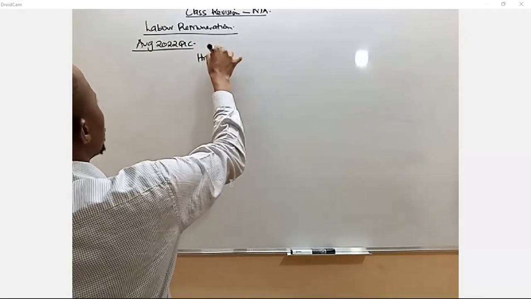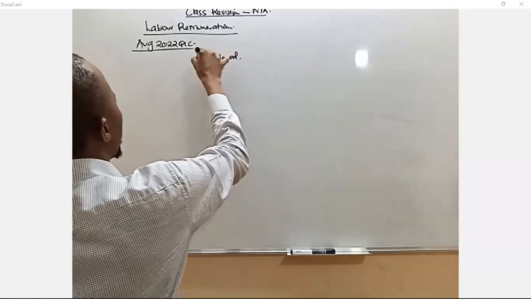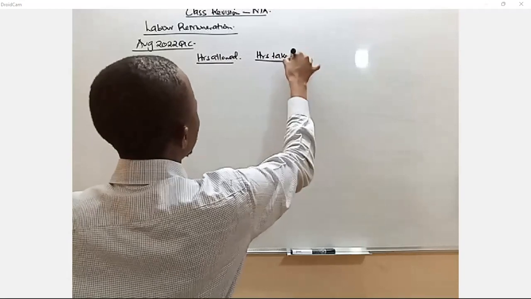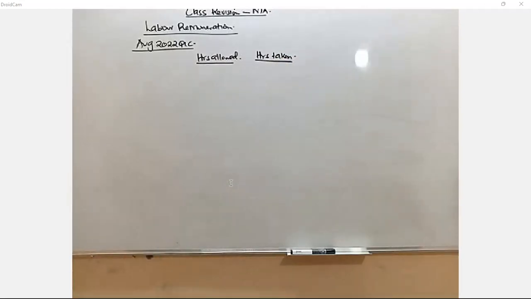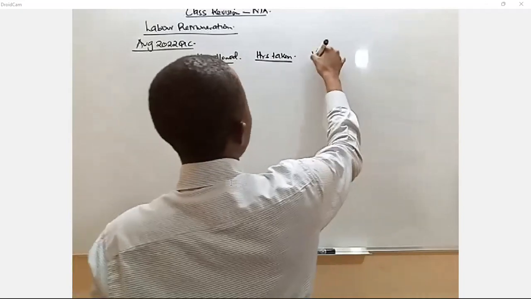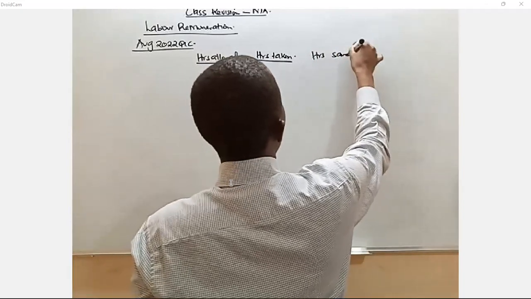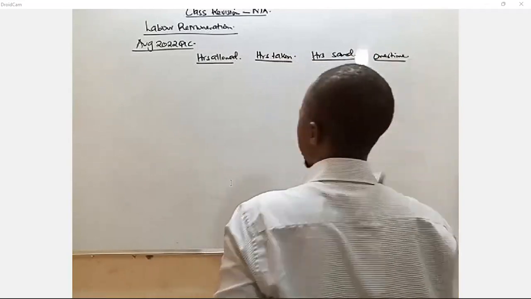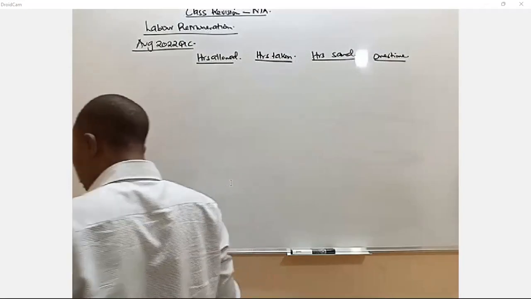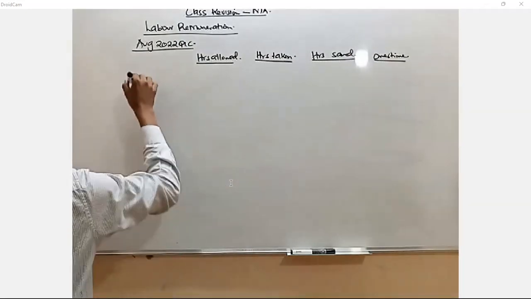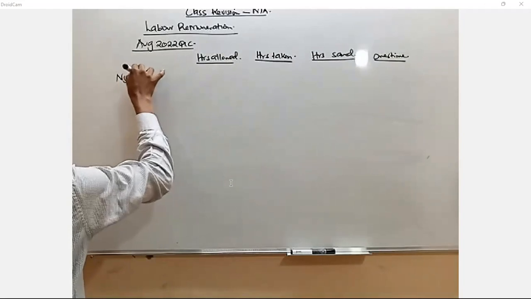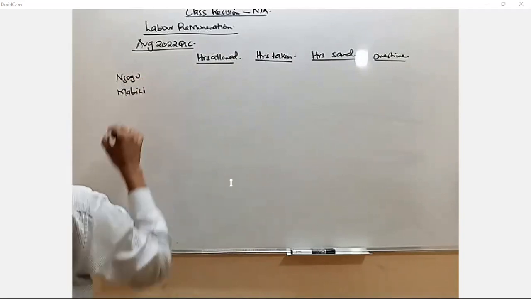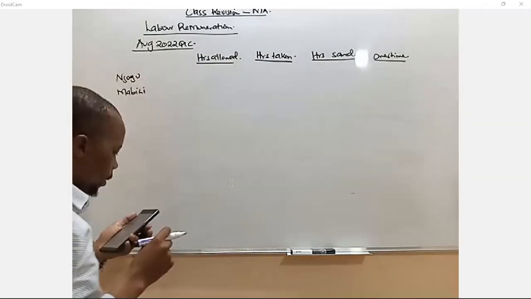We have hours allowed, you talk about the hours taken, hours allowed, hours taken. We have hours saved. Then we have overtime. Then we are looking at the employees. We have Jogu and Mabili. So in this case, remember, you already be given how many hours do we require, or